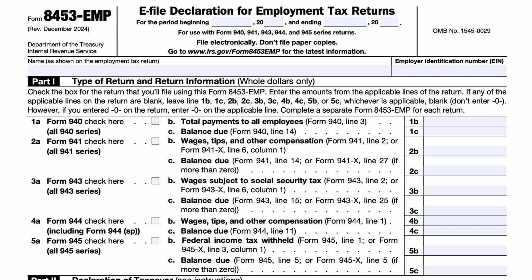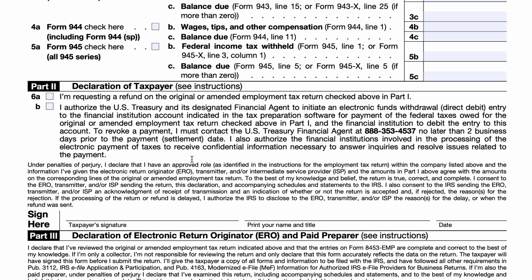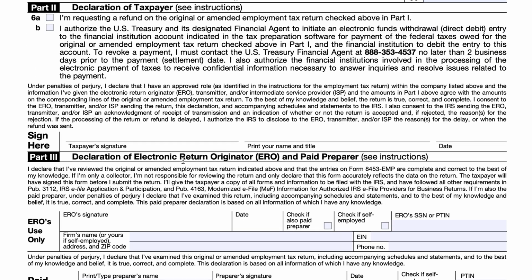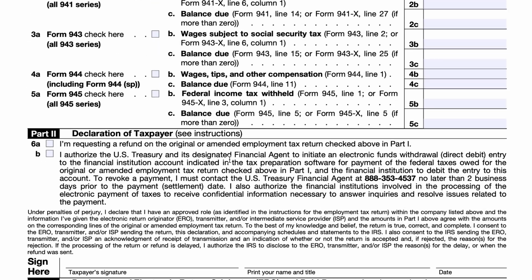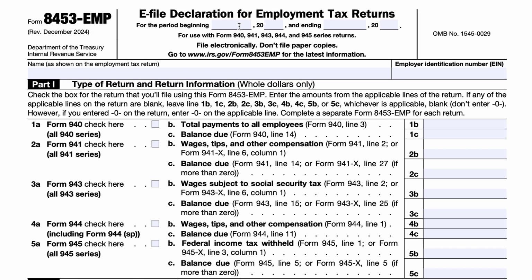So let's go ahead and go from top down. There are three parts to this tax form. Part one is the type of return and the return information involved. Part two is the declaration of the tax preparer. And then part three is the declaration of the ERO and the paid tax preparer. So up at the very top, let's just say that we're doing a form, let's call it a quarterly tax return for the last quarter of 2024. So that might be